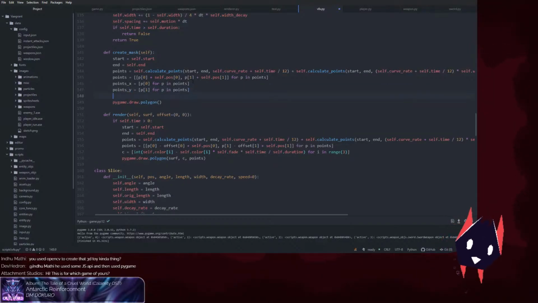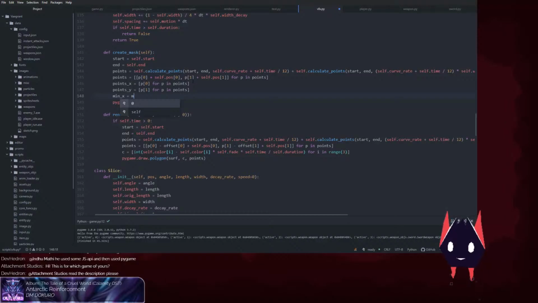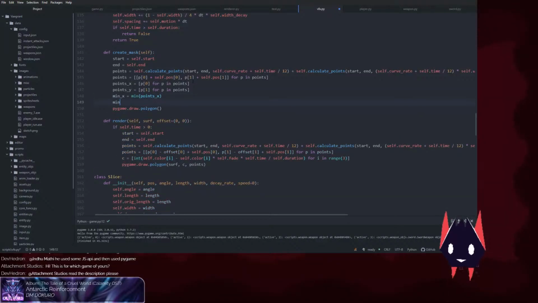Now I can do the min and max of that to find where the mask should go. So min x equals min of points x, min y equals min of points y,